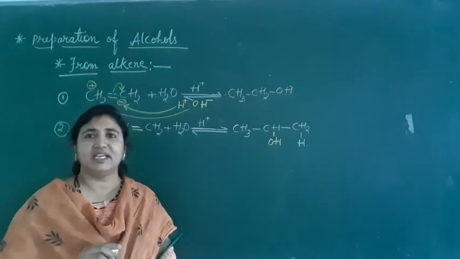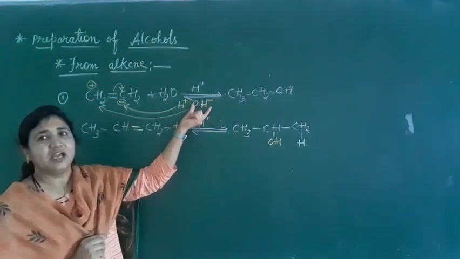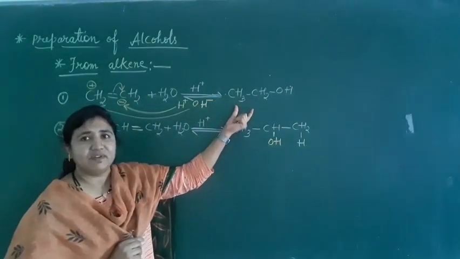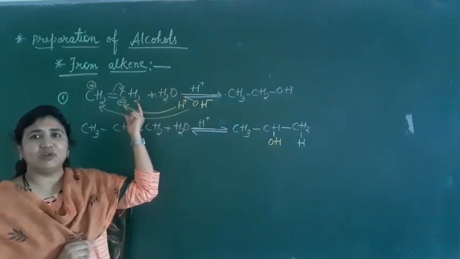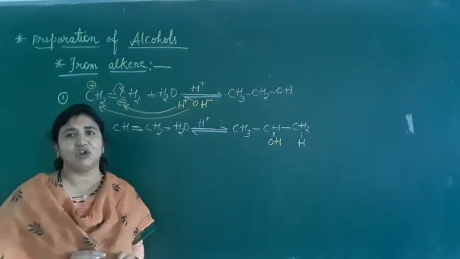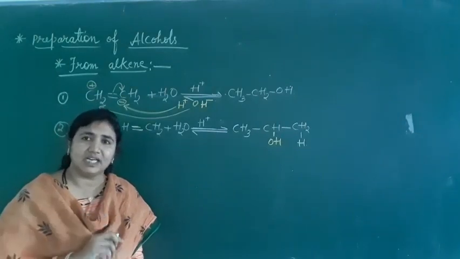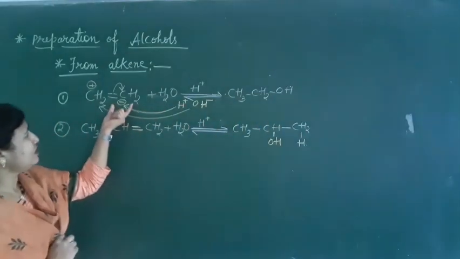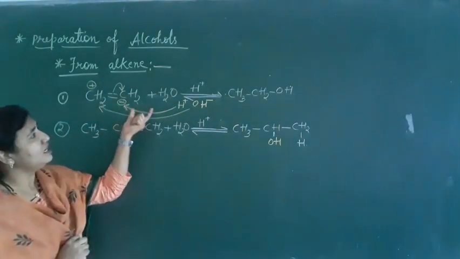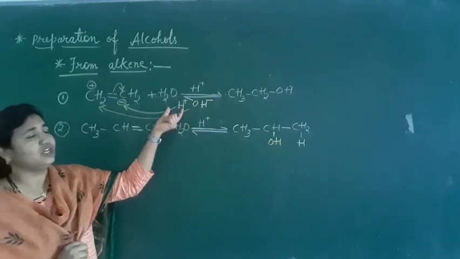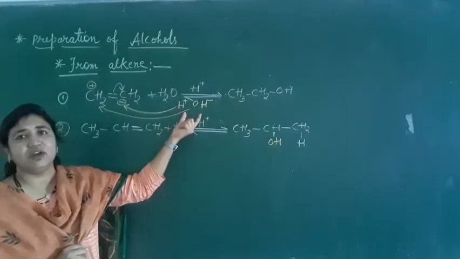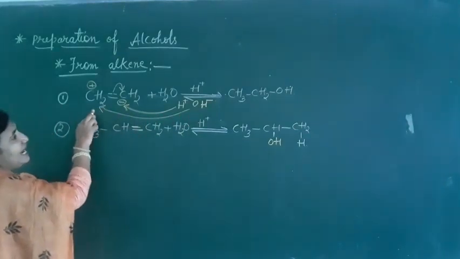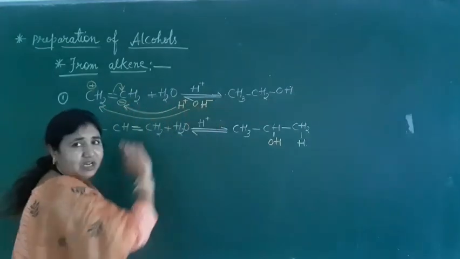Hydration of alkene is a reversible reaction. If we add water it gets converted into alcohol, and if we remove water it converts back into alkene. That is called dehydration of alcohol. Dehydration of alcohol gives alkene, and hydration of alkene gives alcohol. Hydration of alkene is nothing but the addition of H and OH. For symmetrical alkenes, on any one carbon of the double bond you can add H and OH, and we will get alcohol.